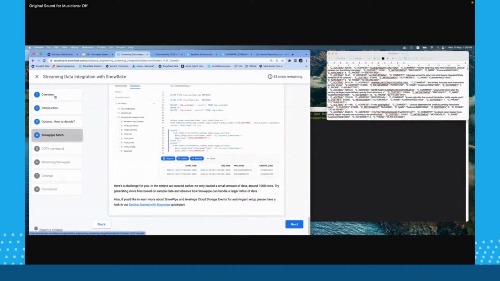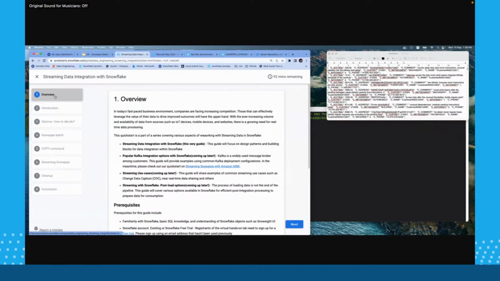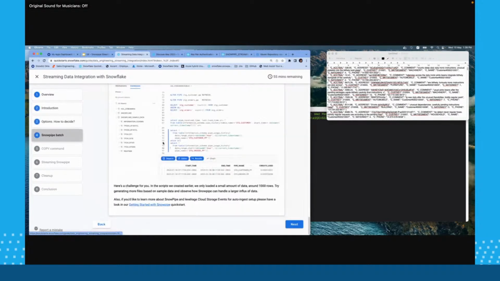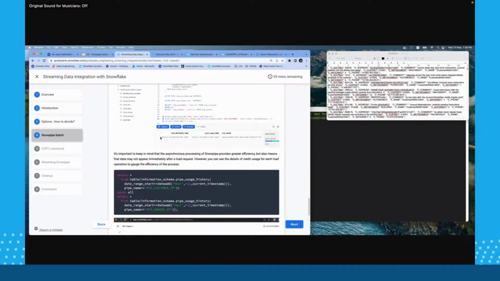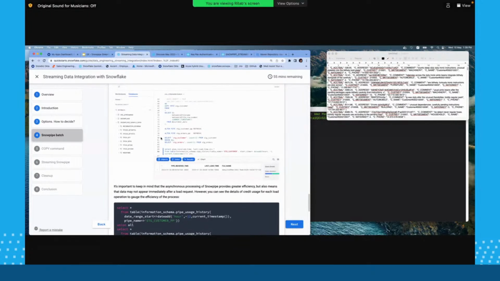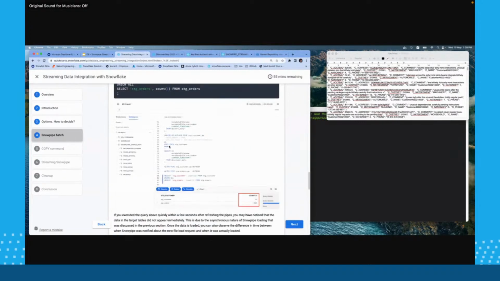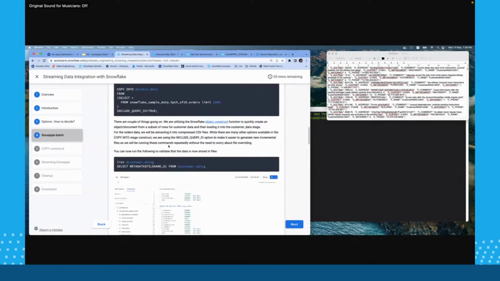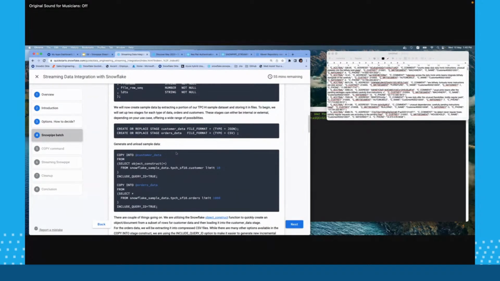Snowpipe is something which, if you are aware, well and good. If you are very new to Snowflake, I would request you, post the session, to please review this particular quickstart for yourself. For Snowpipe, it has detailed code, the detailed execution strategy and the detailed benefits of what exactly Snowpipe is offering you. How do you make it operational, and what exactly is the latency that Snowpipe has to offer? Please get your hands dirty and have a taste of Snowpipe.